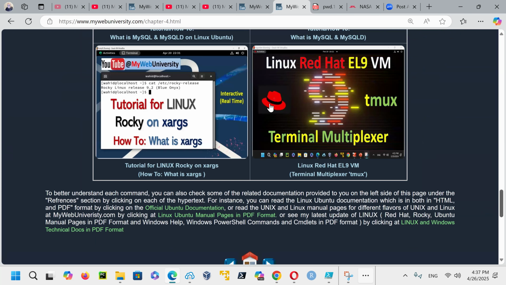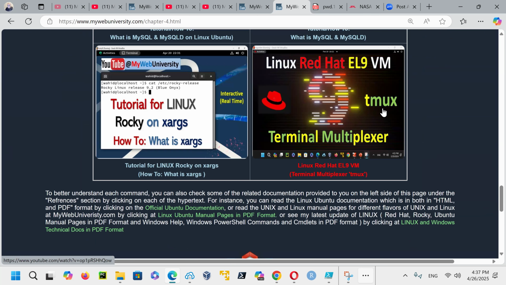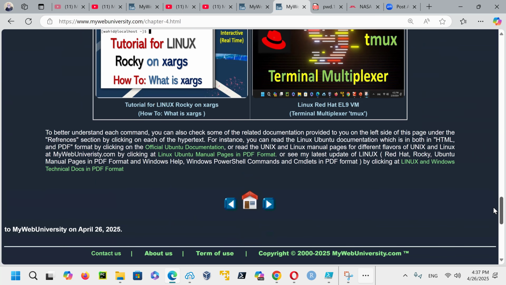And I have additional videos like a terminal multiplexer, for example, the xargs, or what is the xargs command, and so on. All of those are there.